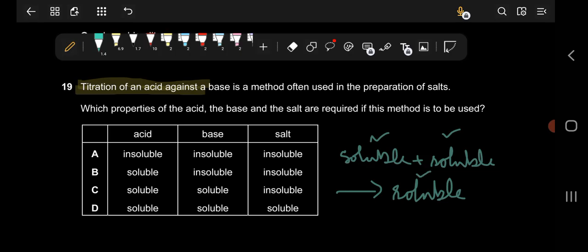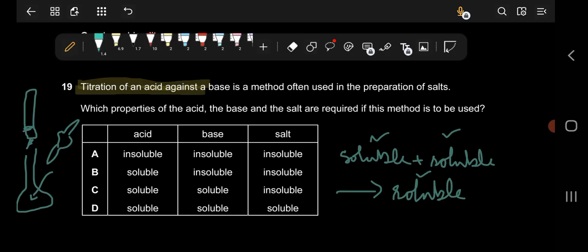If you remember titration, we used to take a conical flask, and by using a pipette we used to put a fixed amount of acid or base into it, and whatever we have put, now from the burette we put the opposite thing. For example, if from the pipette we have put a fixed amount of acid, from the burette we're going to put